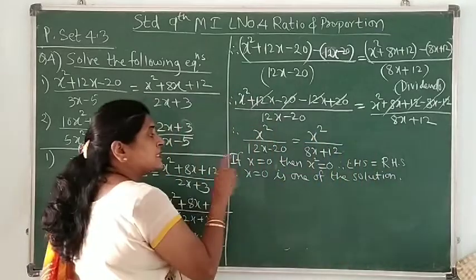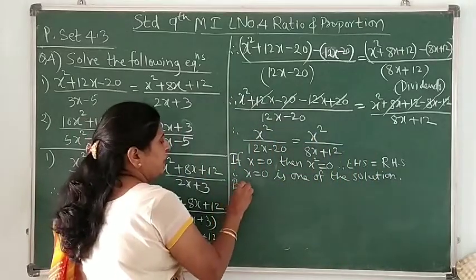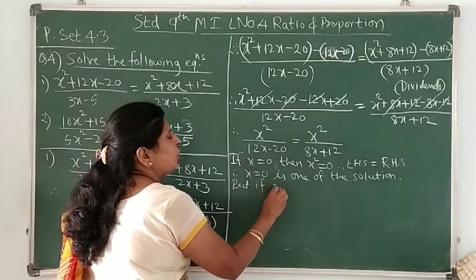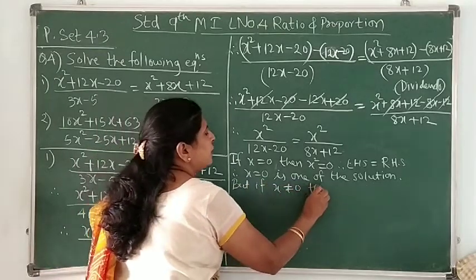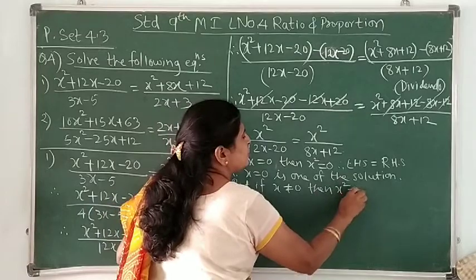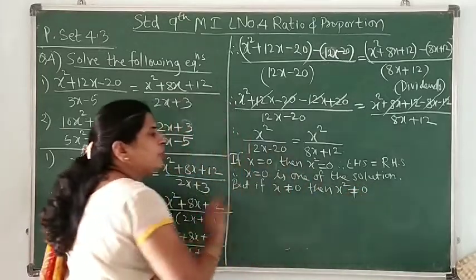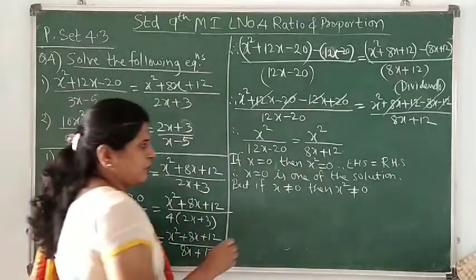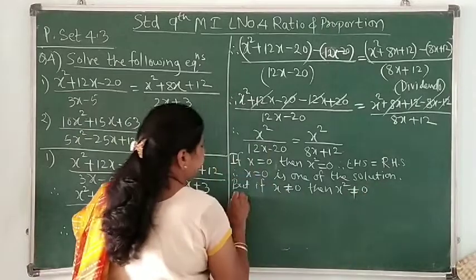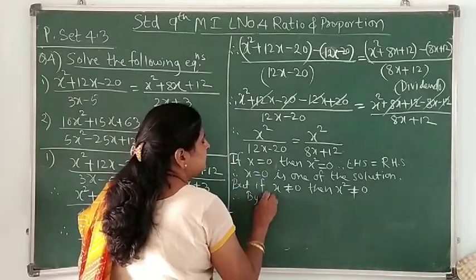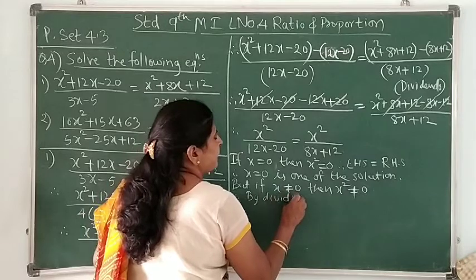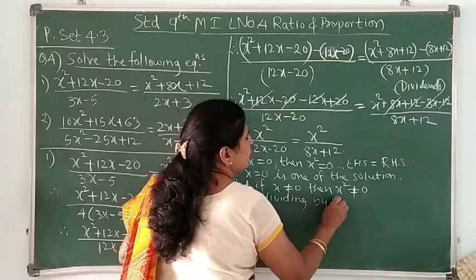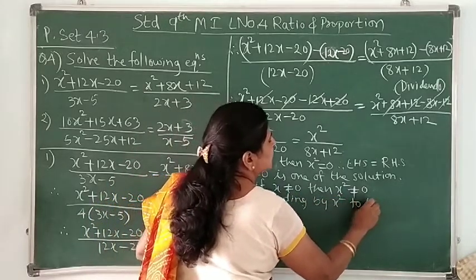But if x is not equal to 0, then x square is also not 0, and now we can divide by x square. Therefore, dividing by x square on both sides,